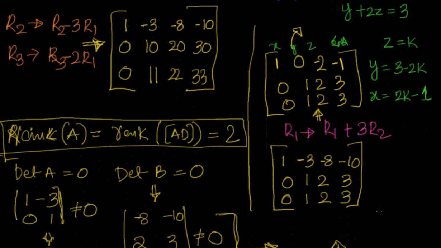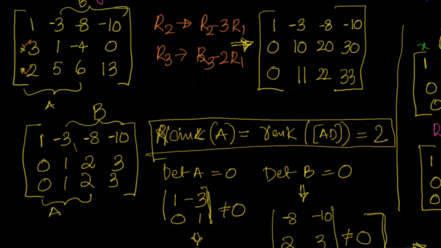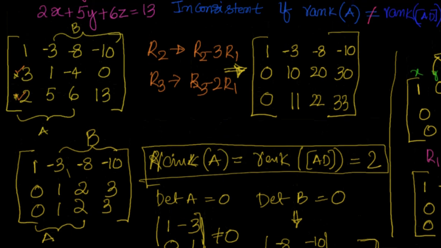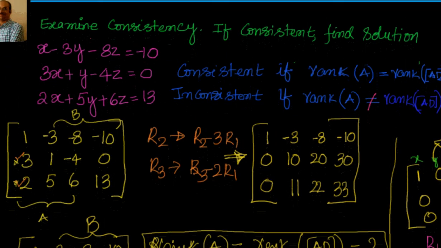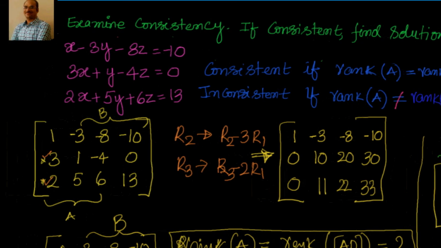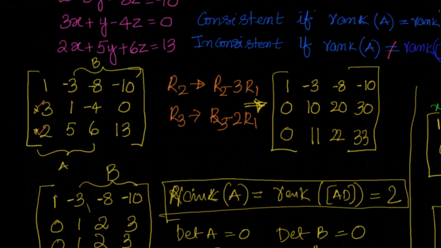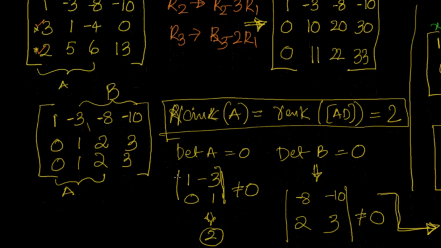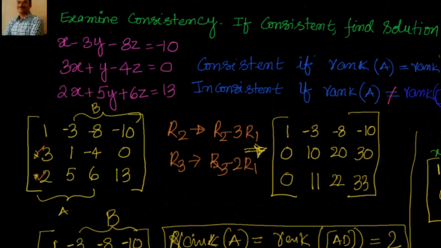So what we have done: first we found whether they are consistent or inconsistent. How did we find that? We took the augmented matrix and did elementary transformations, the idea being to get the first column's second and third elements to 0, and also get some zeros in the second or third column, so that you can easily find the rank of A and rank of B, based on which you can say whether they are consistent or inconsistent, and whether they have unique solutions or infinite solutions.